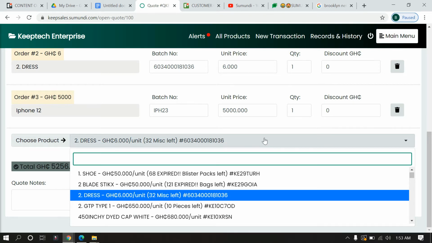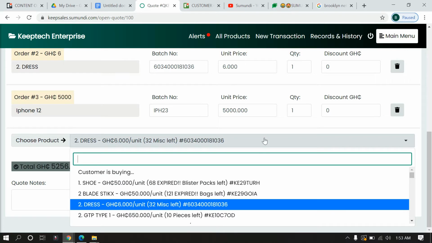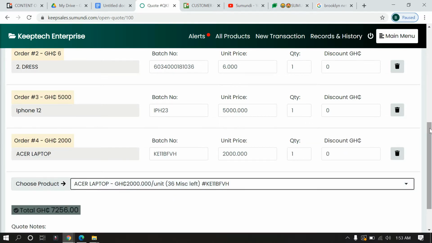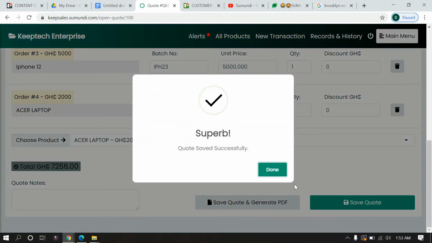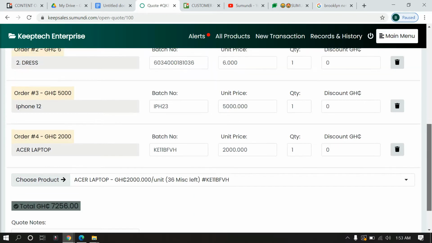Do I have a wardrobe? No. Okay, let me just select a laptop. So now we have this ready. Since we are not generating a PDF, I've already explained that in our previous video, we'll just click on save quote. So this has been successful, so we will just go back